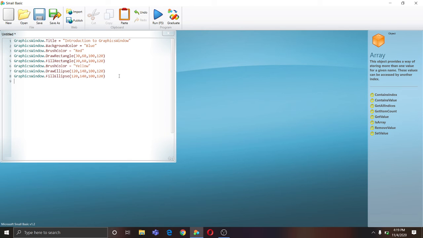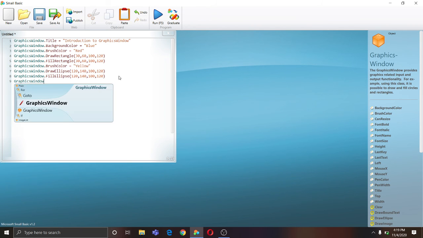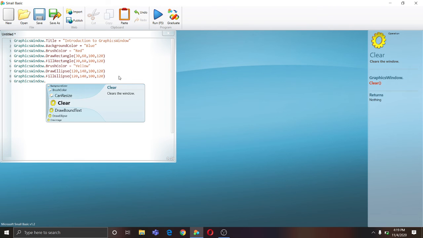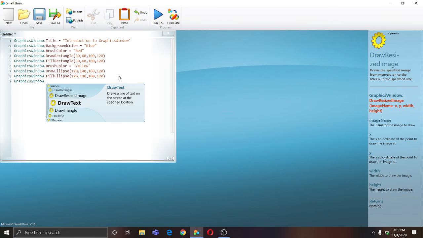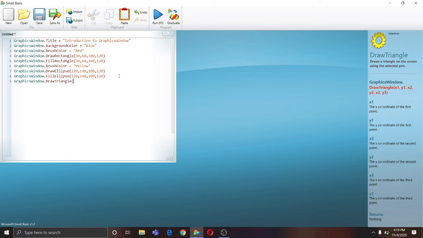Now we will draw a triangle. It has given all these values. I know it is looking confusing, but no need to worry. What this means is that there are three vertices in a triangle, right?